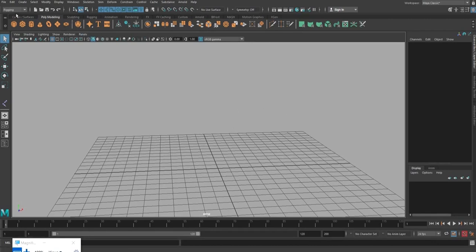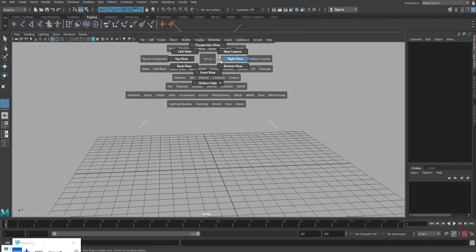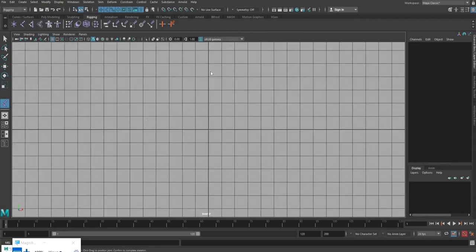So I'm going to change it into rigging. Already it is in rigging. Now I'm going to take the rigging tab, take create joints, open the joints, reset the settings every time, and come to front view.